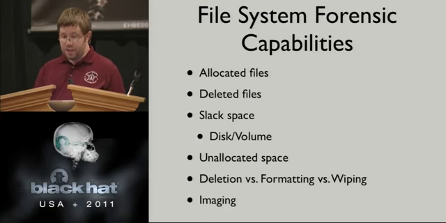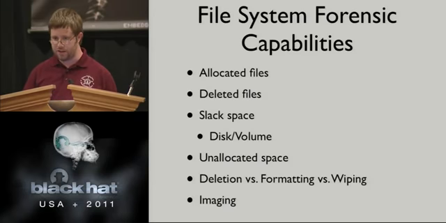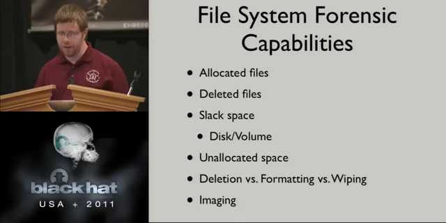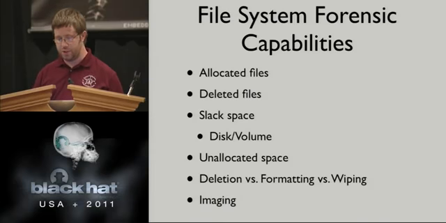So file system forensic capabilities, some of the things that we can do beyond just allocated files, are here. Now, allocated files are out there. You can view those through any interface, through your normal file system browsing interfaces, or any exploitation tool that lets you LS or DIR and pull down files and look at them. That's all there because the operating system hands it to you on a silver platter. You have your file system metadata that has file records that point to the clusters on the disk that hold this data. Now, once you delete a file, once you throw it in the recycling bin and empty it out,